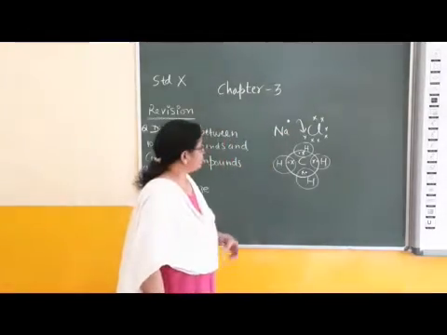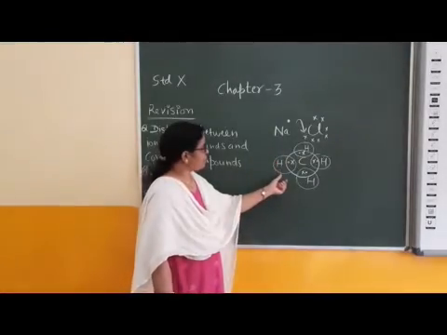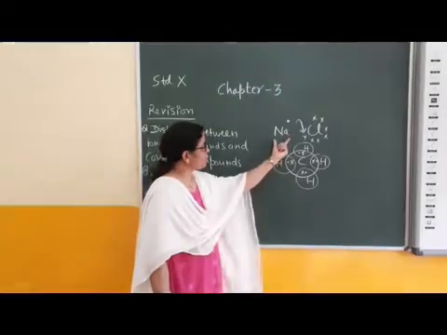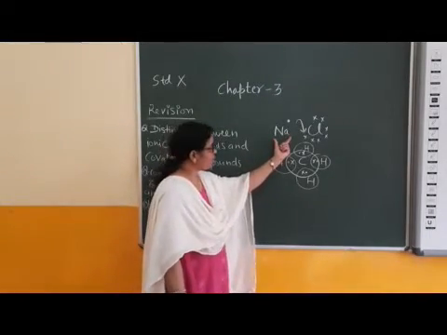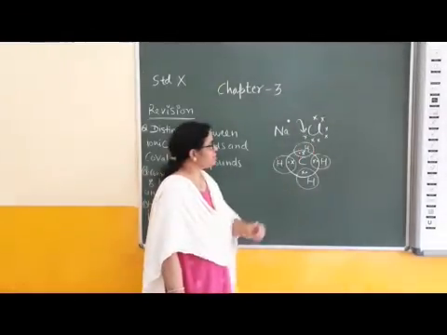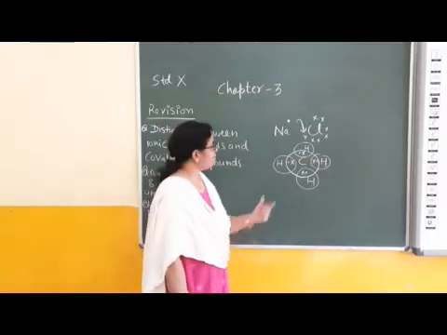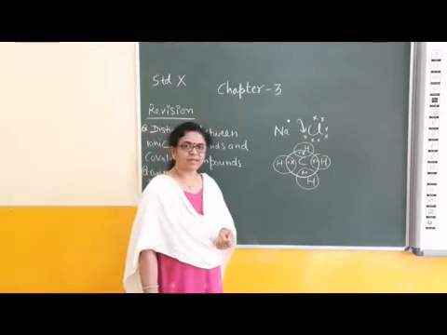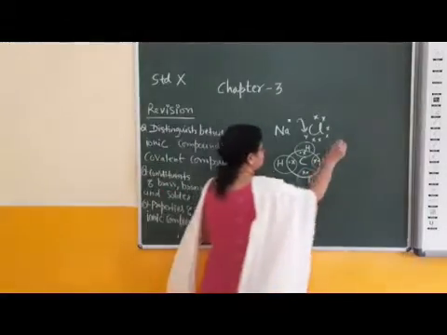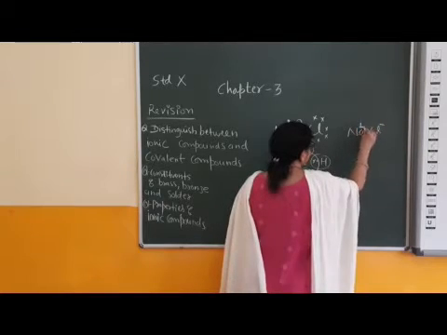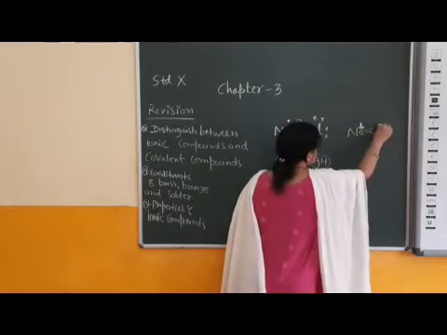Children, this is an important difference between ionic compounds and covalent compounds. This is showing exchange of electrons. This is the electron dot structure or Lewis dot structure of NaCl. The donor atom is sodium and the acceptor atom is chlorine. Due to exchange of electrons between the metallic atom and the non-metallic atom, an ionic compound is formed. This product is ionic, and a strong force of attraction is present here. This strong force is the ionic bond.